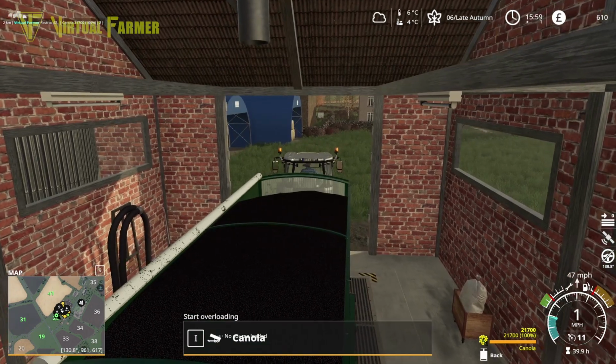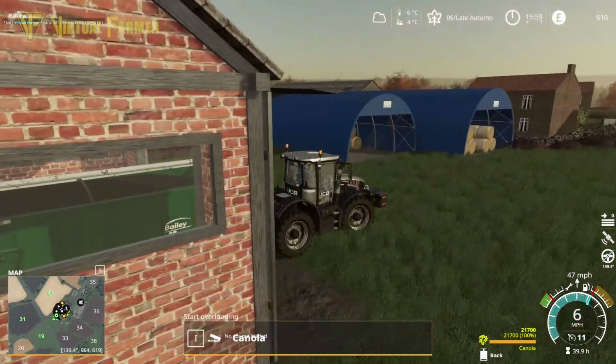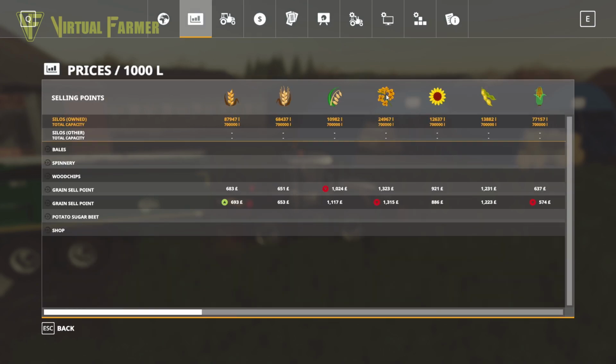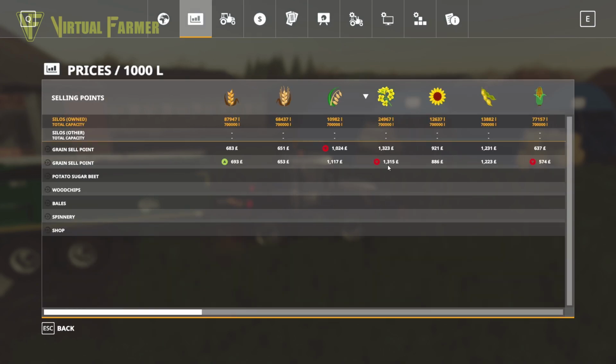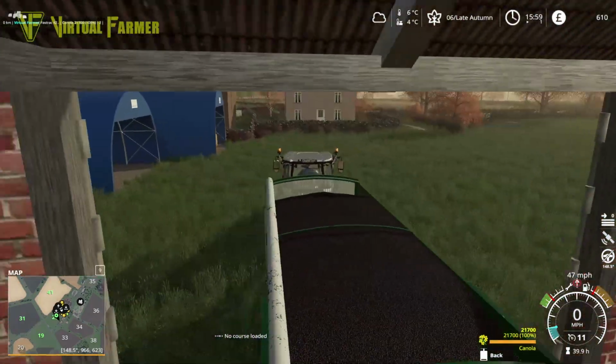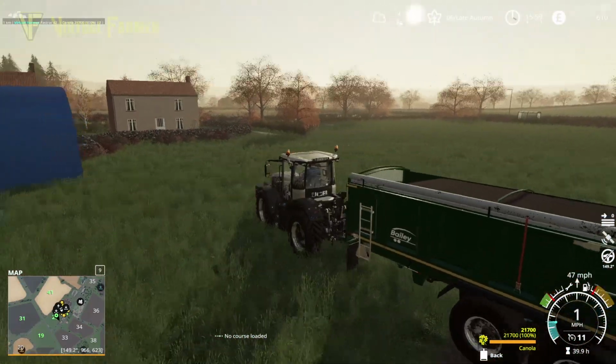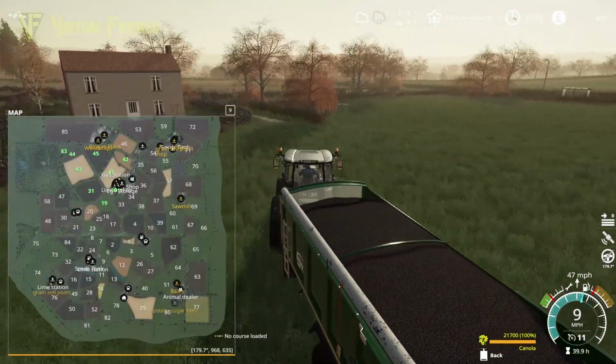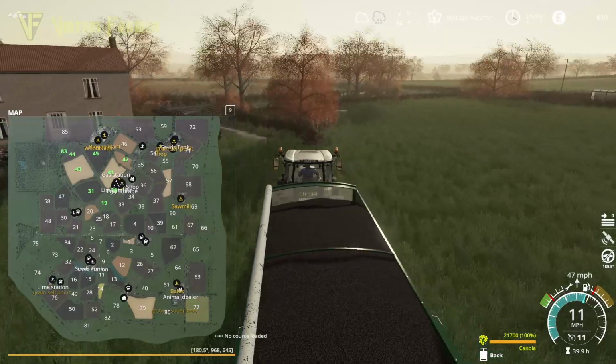There we go, 100%. And where is the best place for us to sell our canola right now? So that's our canola. Which grain sell point? Now they're pretty much the same, but both the main sell points on here are called the same thing, which gets really confusing when you're doing contracts. Now it looks like it's the southern one we want